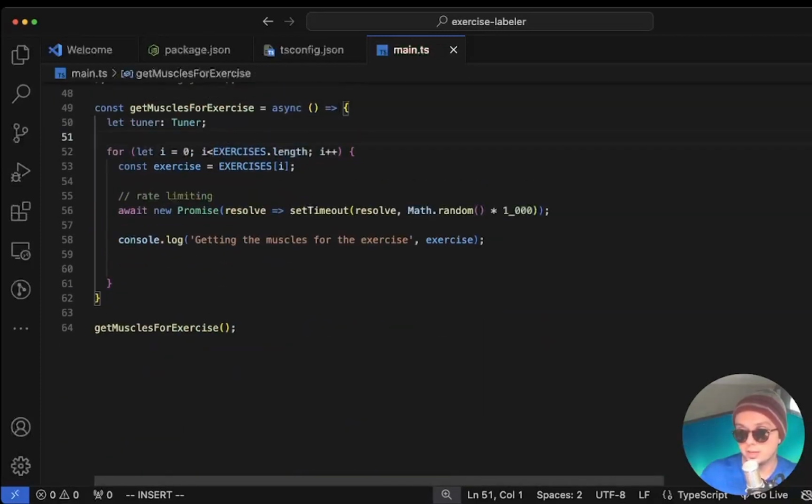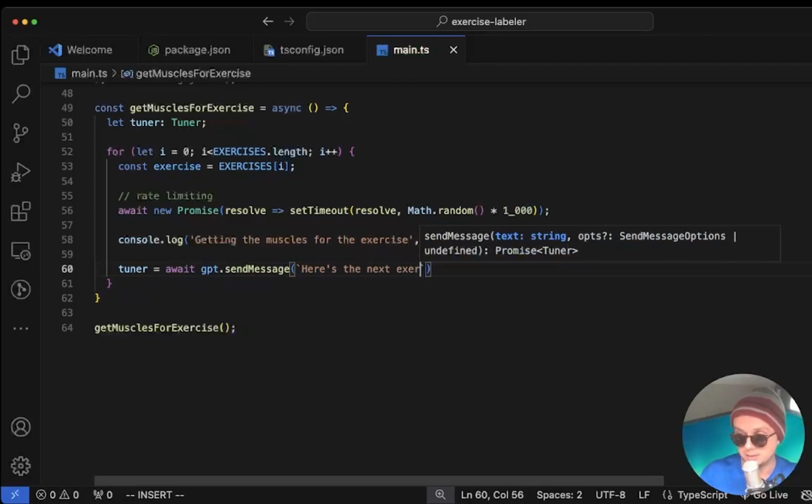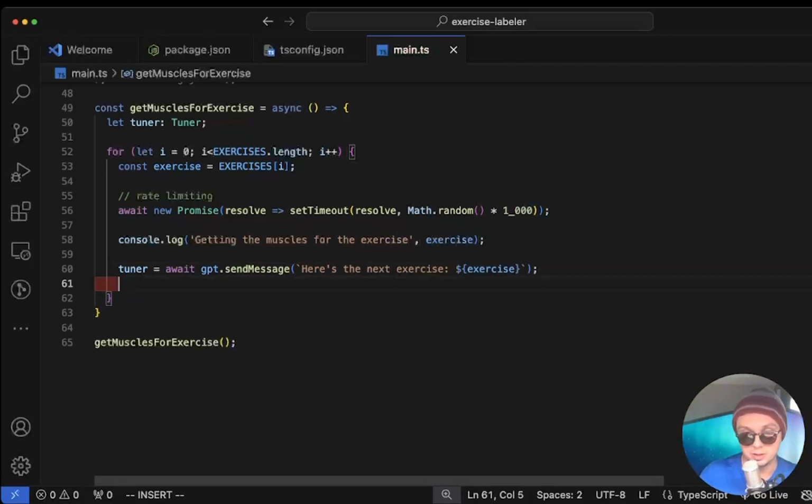And then this tuner essentially is what we're going to use to accept or deny the request based off of whether it matches our valid exercise or not. We're going to set the tuner to our gpt.send message. And then here we're going to basically say, here's the next exercise. And then we are going to clean the text because it's going to come in with some characters that we might not necessarily want. And so we're going to do it like this: cleaned response text,